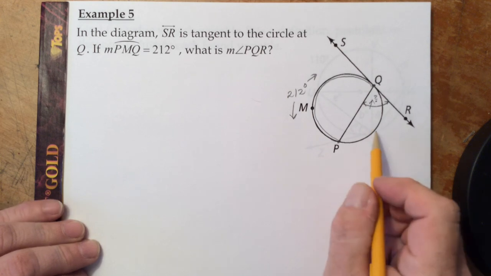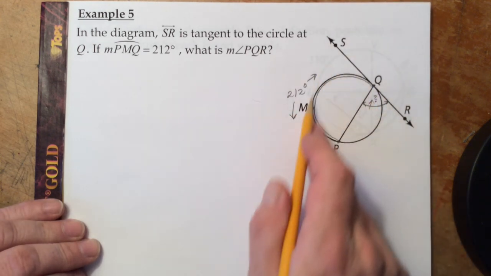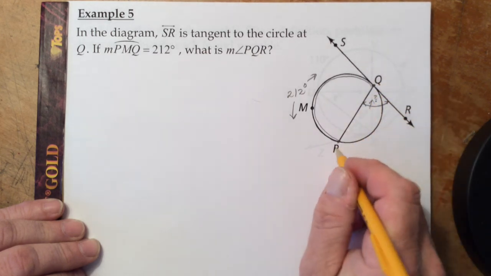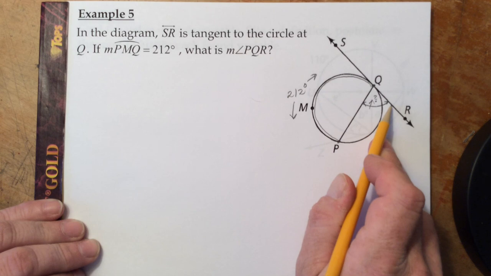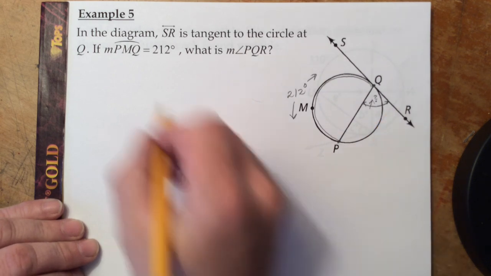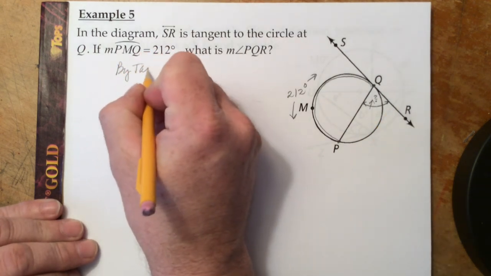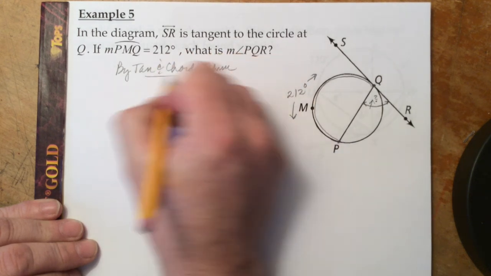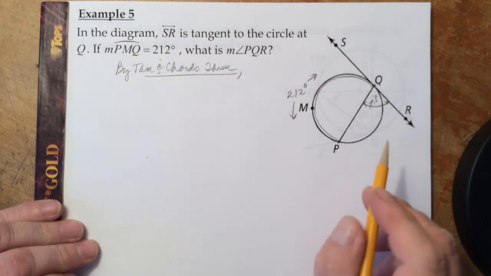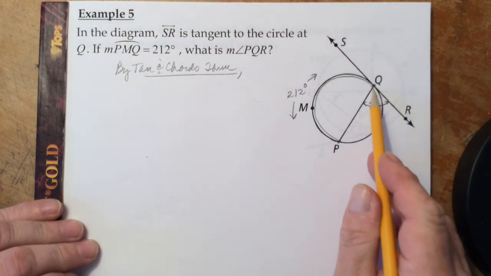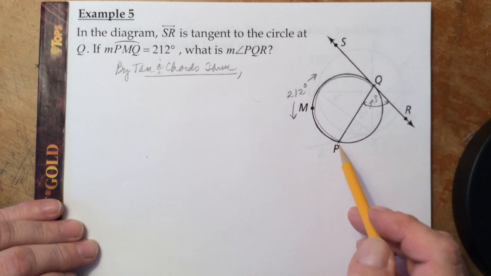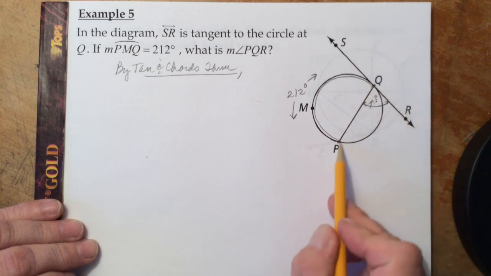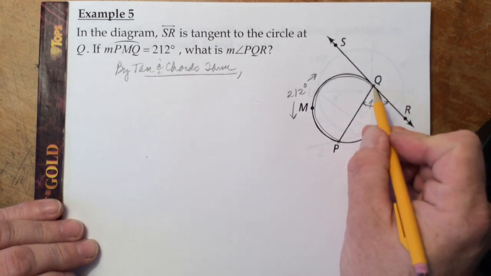So taking a look at this problem, it's a classic tangent to a circle problem with a chord or another side of an angle going through it. This, of course, is a straight angle. And you learned by the Tangent and Chord Theorem that the angle formed by a tangent and a chord, here's the chord, is half the measure of its intercepted arc. So if we're looking for this angle right here, this measure, then it would be half